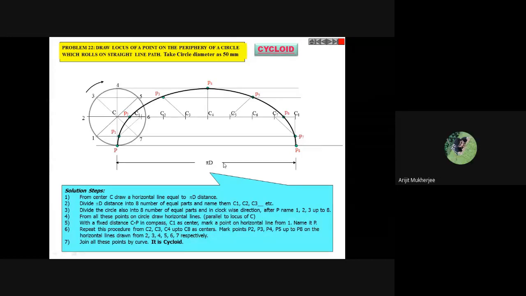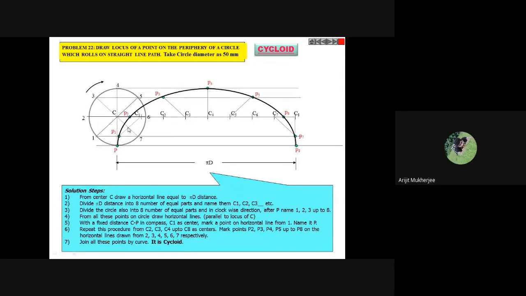Anyone was asking, sir, how to divide the circle into equal parts? It is very basic. First you draw the circle, you will have the center. First you divide the circle into 4 equal parts. How to divide? First you draw a vertical line, then you draw a horizontal line. You get 4 equal parts, or not? Then in each part you draw a 45-degree angle, or you just bisect this 90-degree angle. You will get this line. With the help of a scale, you extend it on the other side. So this side and this side will be divided into 2 equal parts. Same thing for this part and this part. Is that clear?